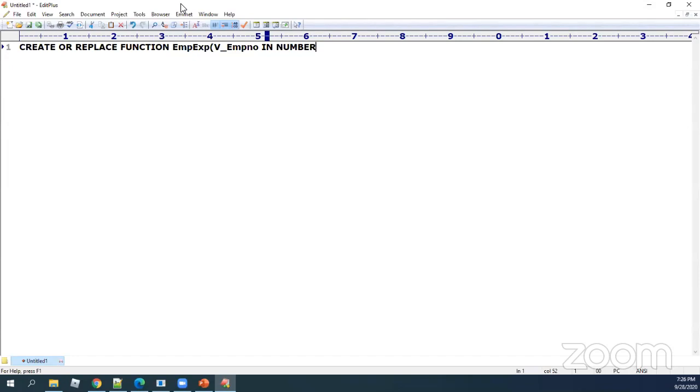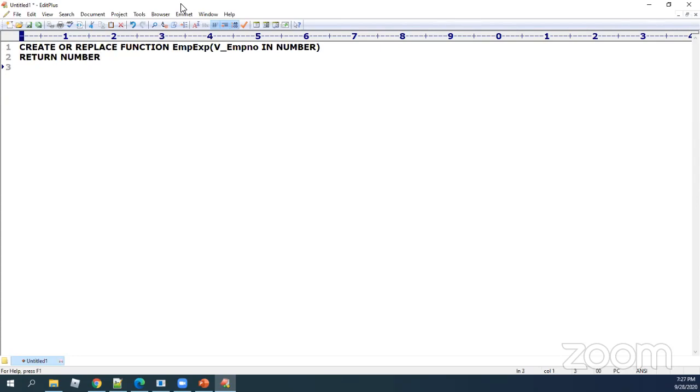We already said previously that whenever we work with parameters, we should declare the data type but not the size. Now, if this is my function called emp_experience, which is going to return the experience of my employees, then I should go with the composition of the return type. So experience is always what? A numerical data. So I'm saying return number.